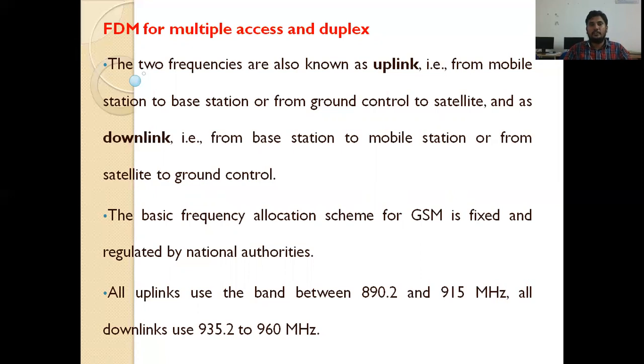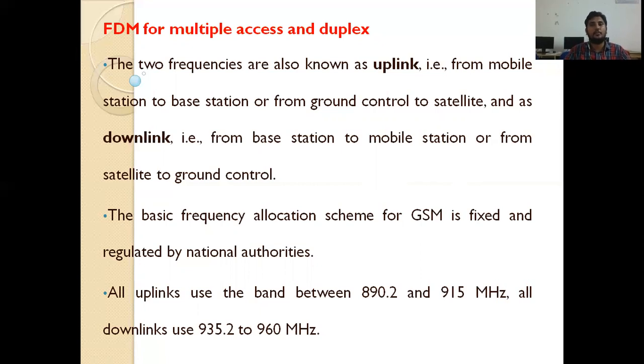Another one is downlink. That means someone else sends data to you. So the satellite has to communicate with your mobile. The base station has to communicate with your mobile device, that is the mobile station, and that is called downlink. In uplink, the mobile station communicates with the base station.